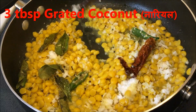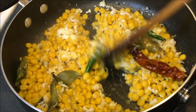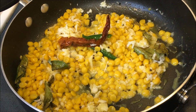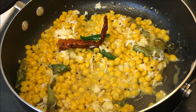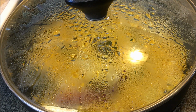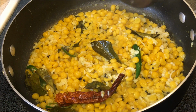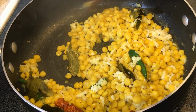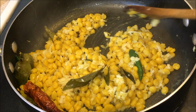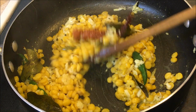So we are going to simmer it for about 2 to 3 minutes, so all the flavor and all the liquid gets absorbed. And this is very healthy, good for all ages, for kids. So for 2 to 3 minutes, and here it goes, all the moisture, water is gone. So this is a dry sabzi or usli, as you say,